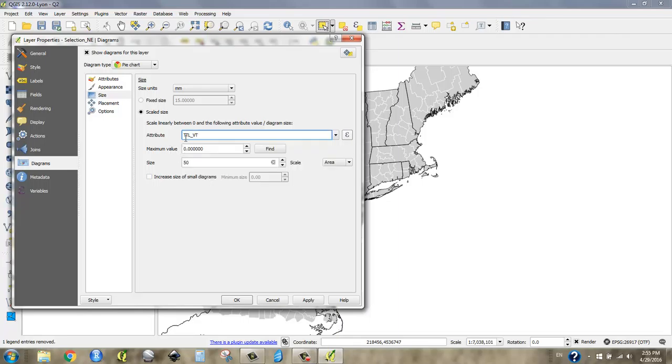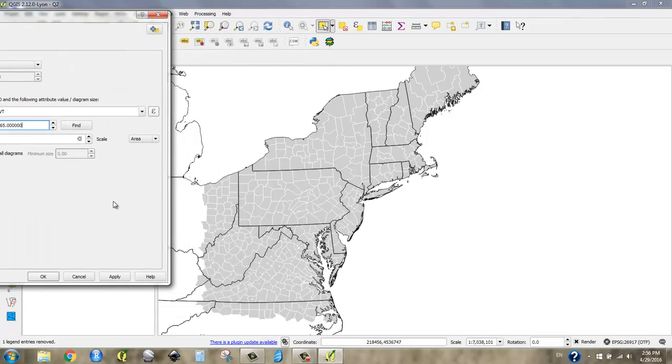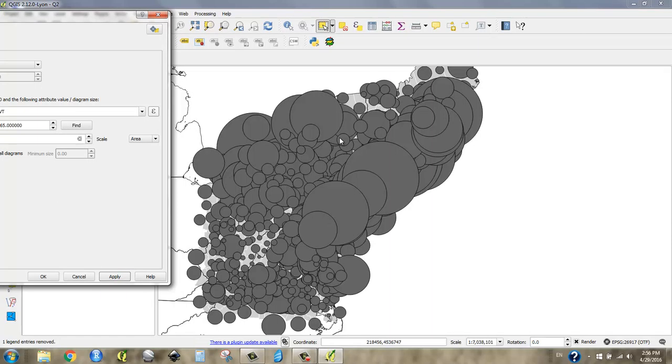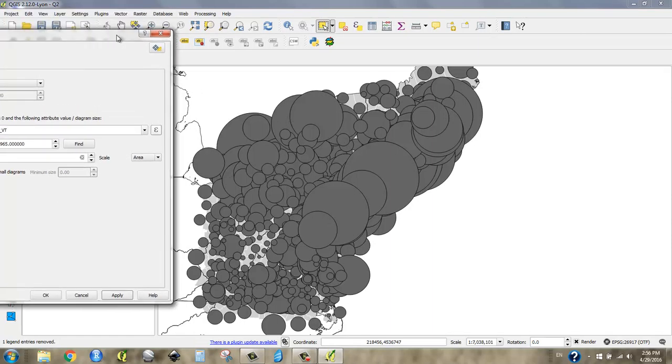So this means that it's going to take the maximum value. These are the most number of votes that came out of one county, and that'll be the maximum size, and then the minimum size, it'll all be scaled from this size to this size based on a scale of units. So I can hit apply and it will look a little crazy, but let's just see what happens when I do that. Yeah, and so the symbols are too big,